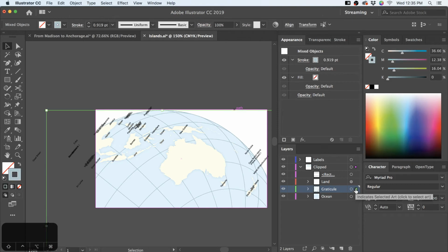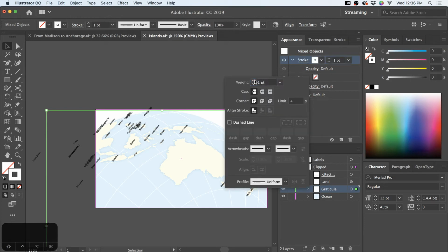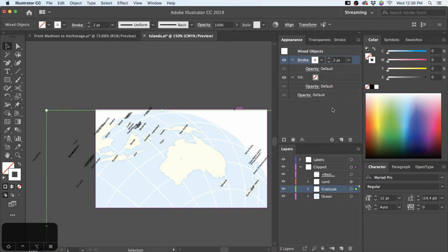So I want this thing to be fairly subtle, light. Let's get it out of the way. So I think white. Let's make it a little bit thicker here, 2 points. Now that white looks maybe like a little bit too much, so I'm just going to give it 4% cyan. My background was 10% cyan, but I think 4% just makes a slight difference there.